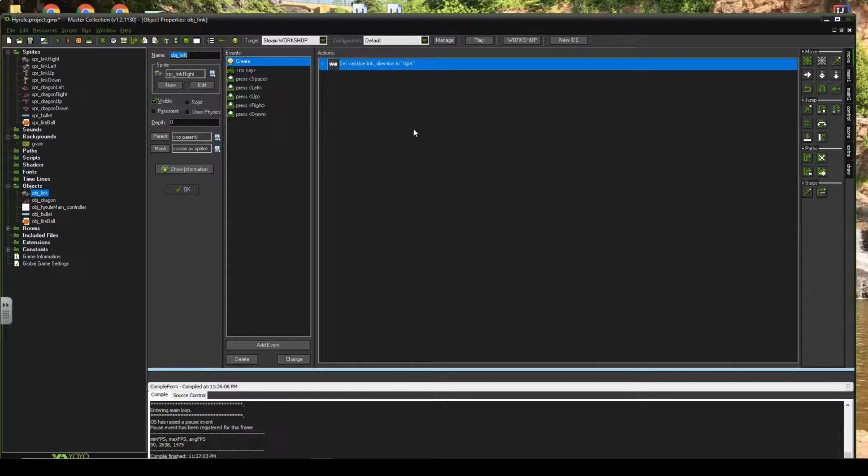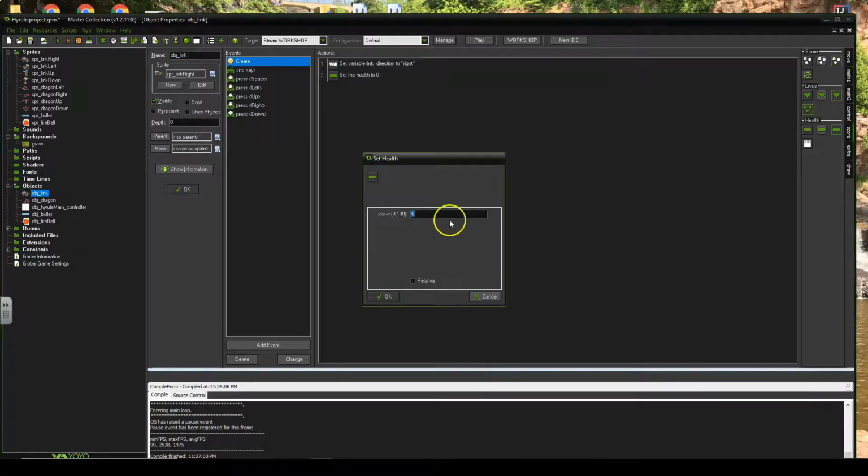So let's create, and here we can use the global health variable if we want, right? This is a case where we can do that. So if we click on score, we can use the score, we can use lives. I'm going to use health, so this is going to allow me to use the main health bar, and I'm going to use this for Link. So I'm going to set Link's health to 100,